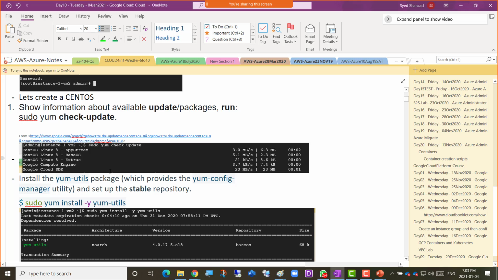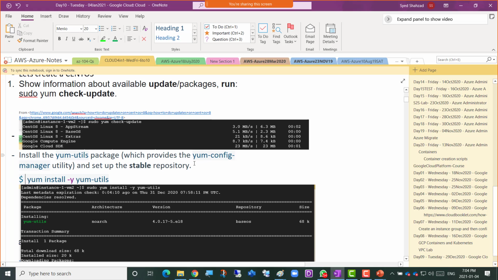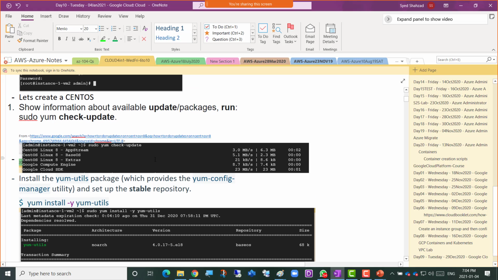Instead of check update, install the yum utils package, which provides the yum config manager utility, and set up the stable repository. So this is sudo we use at that time if we are not logged into root. So since we are logged into root, we don't need to use this command. So I'll just remove that and yum install -y yum utils. So that is config manager there. But first of all, we can just go for this one as well, which is actually this command without the quotes,